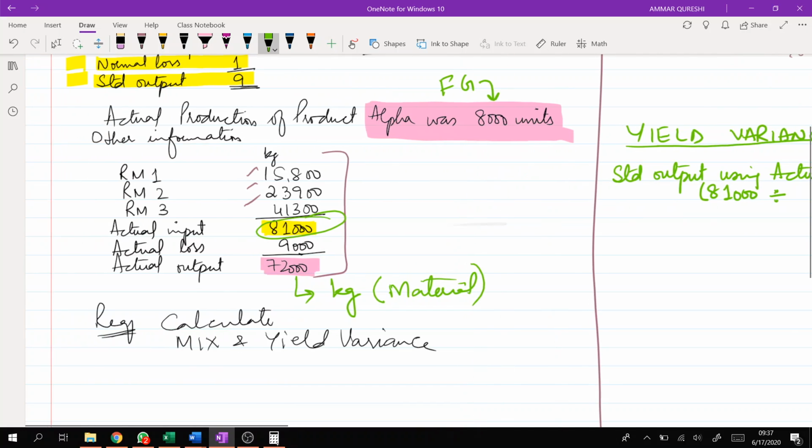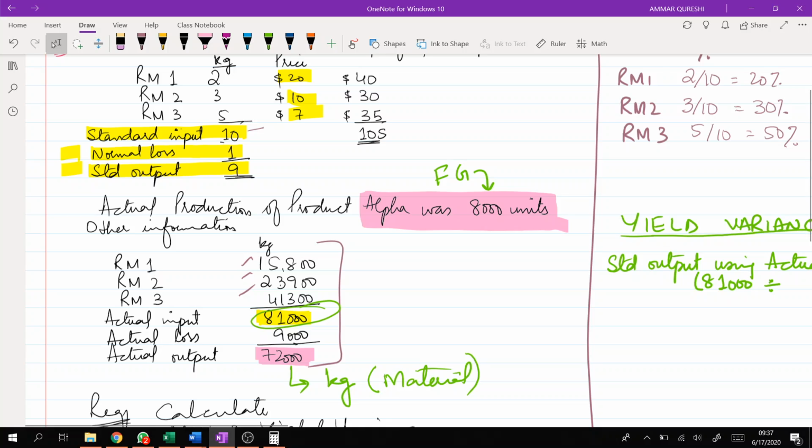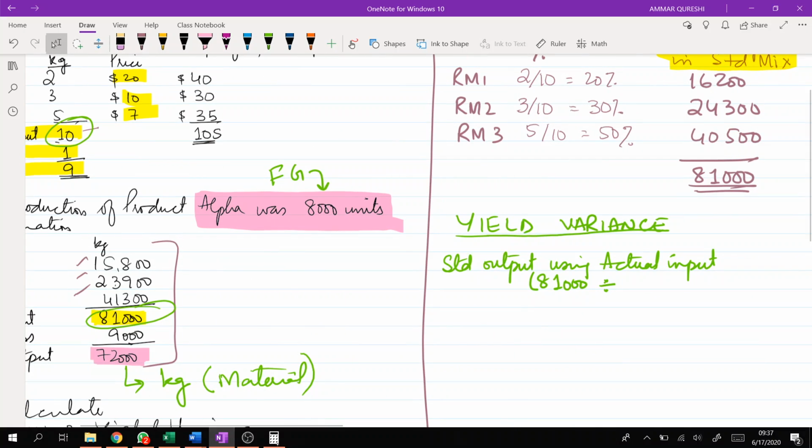And what is the standard input quantity? Standard input quantity is 10. Now try to match. We are considering actual input quantity. That's why we are dividing it by the standard input quantity, right? So if you divide it by 10,